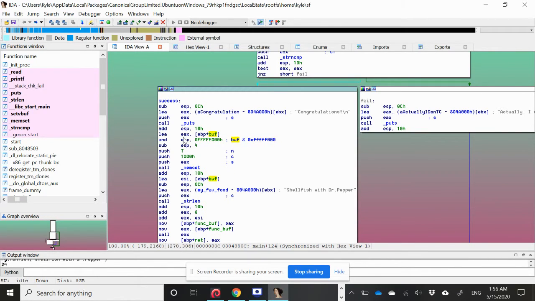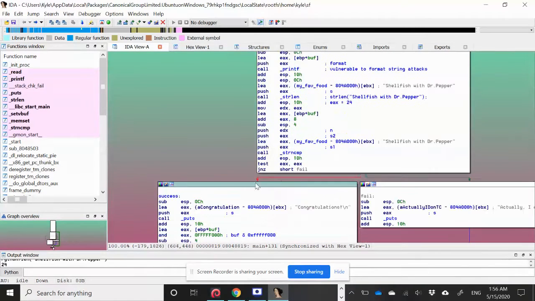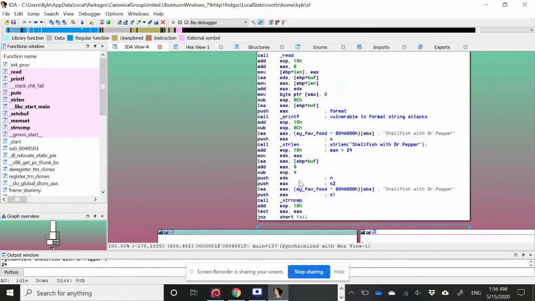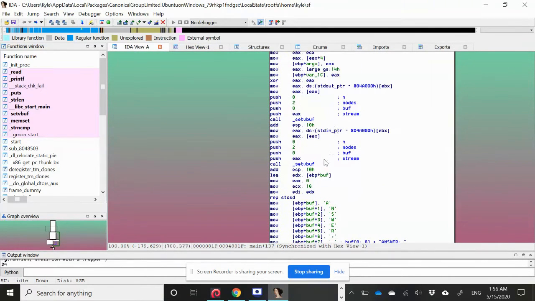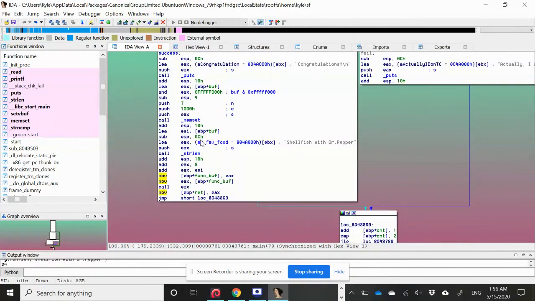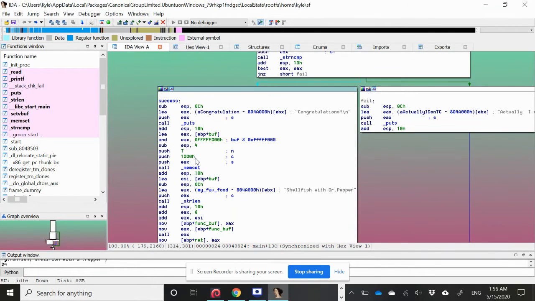But remember, buffer is on the string. So EAX points to something on the string. I'm going to subtract 4 from ESP to get ready for this function call. And we're going to then set, and look, the character is C. So we have another memset here essentially, but it wasn't done in the same way. It was done later in the assembly itself. We're now using memset, but we're using,